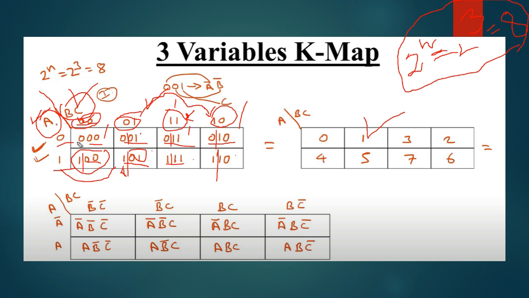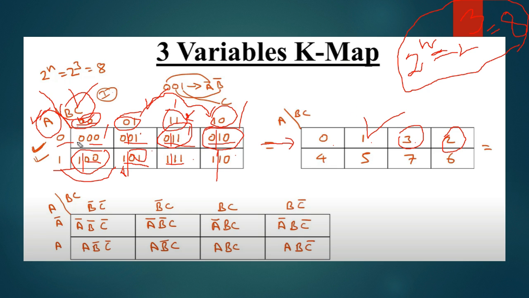So instead of writing in this manner, we could have written the same table in this representation as well. This is the binary representation, and this is the same representation in decimal. As you can see, this 000 is nothing but 0, then we have 1, then we have 3. Why do we have 3 here? Because as you can see here, we had 011, and 011 is equivalent to 3. So same goes for this one as well. 010 is equivalent to 2. That's why we have written down this 2 over here.